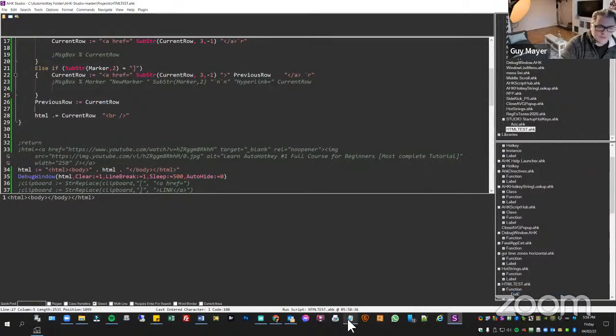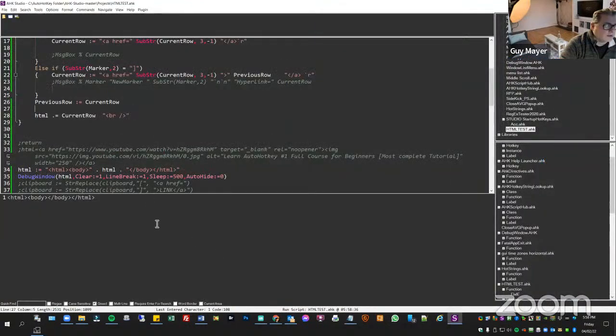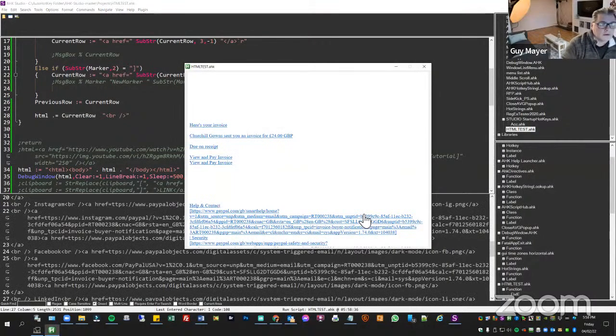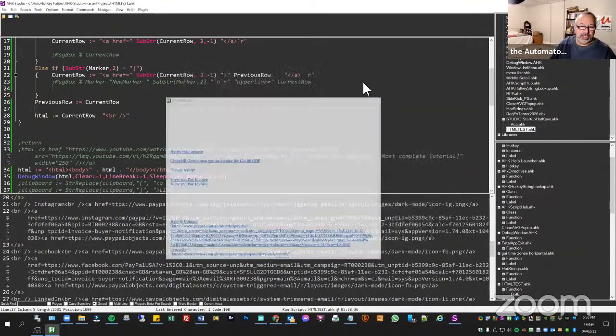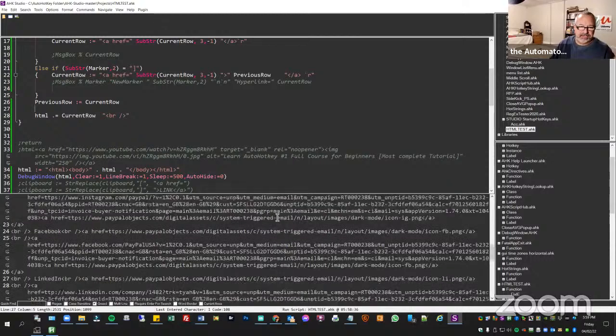Reload the script. We know that we've got that. Control C. We'll go back into the code. We're looking at the debug window. We've rerun it. Let's rerun it. There we go. So now below here, you can take a look at the HTML,